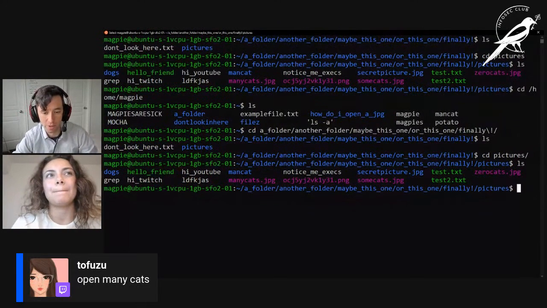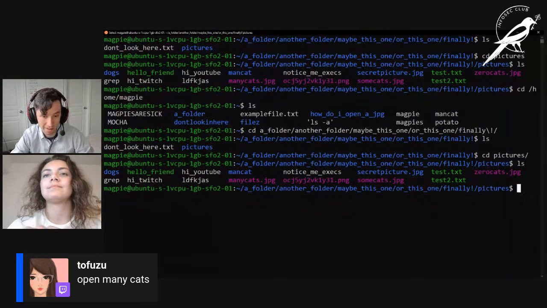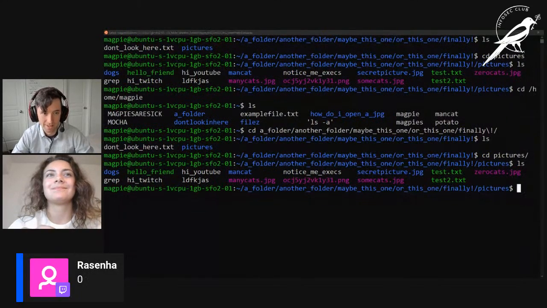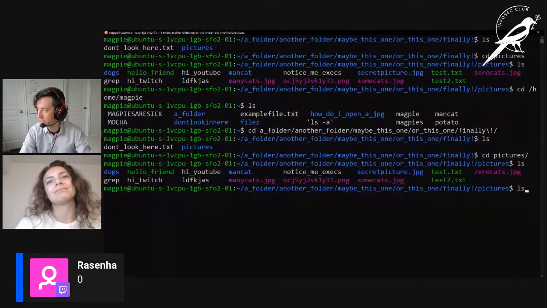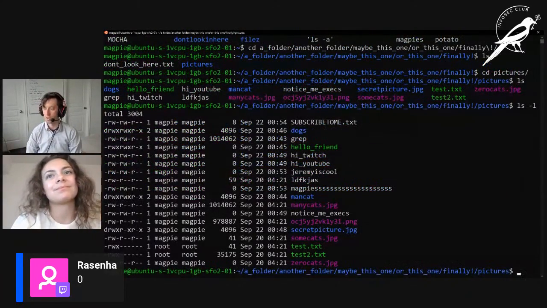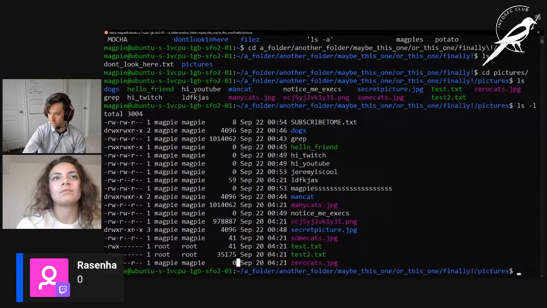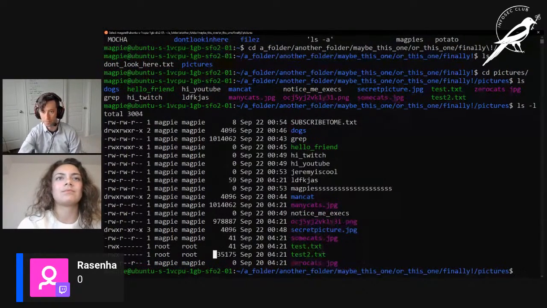There's a bit of a delay between us and the streams. Sometimes it takes a little while for the answers to roll in. Yeah, we got an answer. The correct answer is 0. And we know this because ls -l gives us all kinds of information about these files. We can see here zerocats, and it has a size of 0.